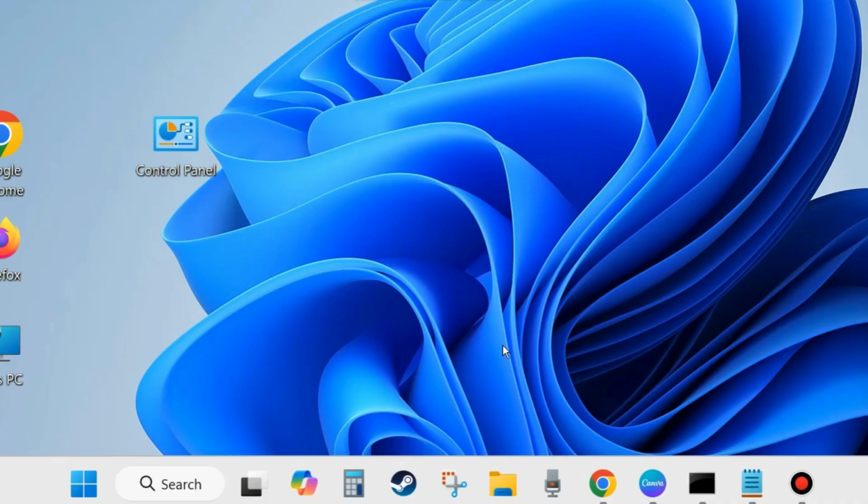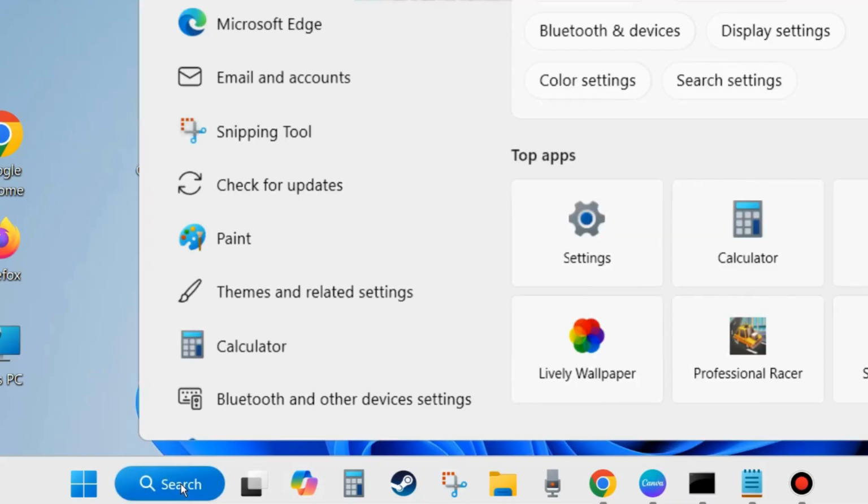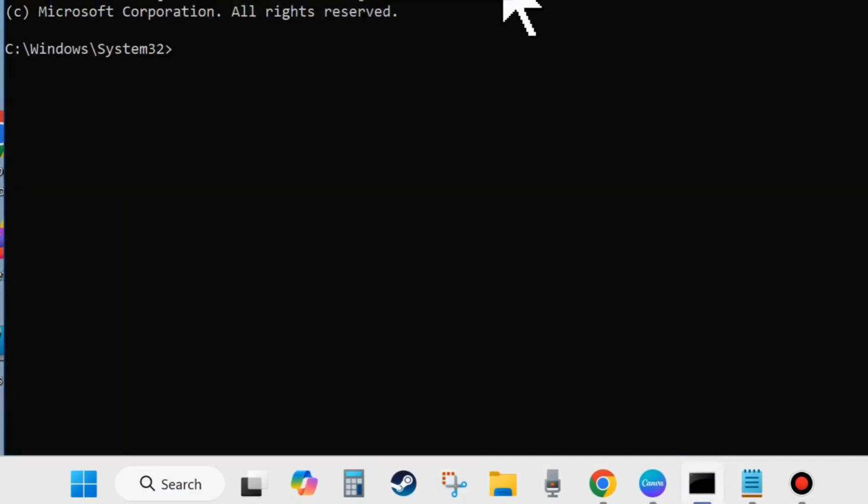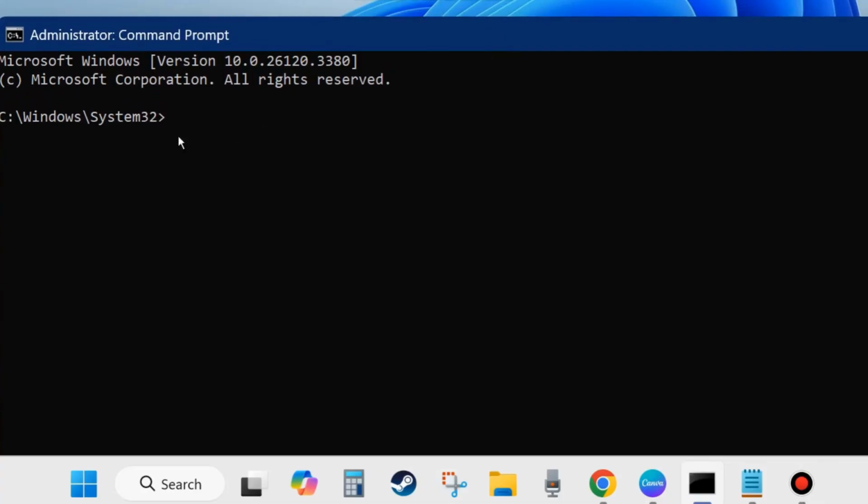If not, go to the next fixes. Go to Windows search and type CMD and open command prompt windows, run as administrator mode. Command prompt windows will now open. Here execute the command sfc /scannow